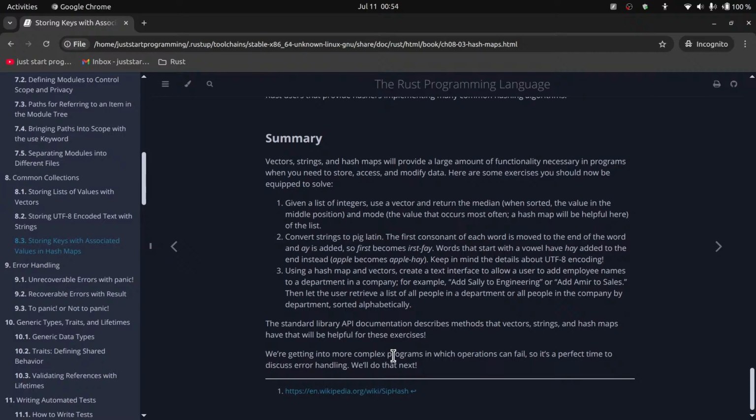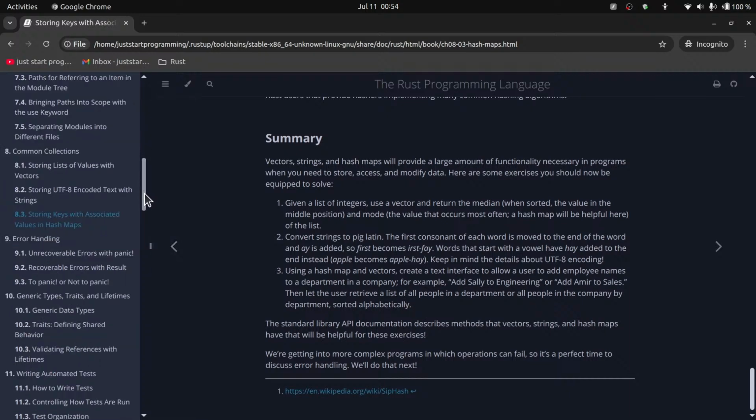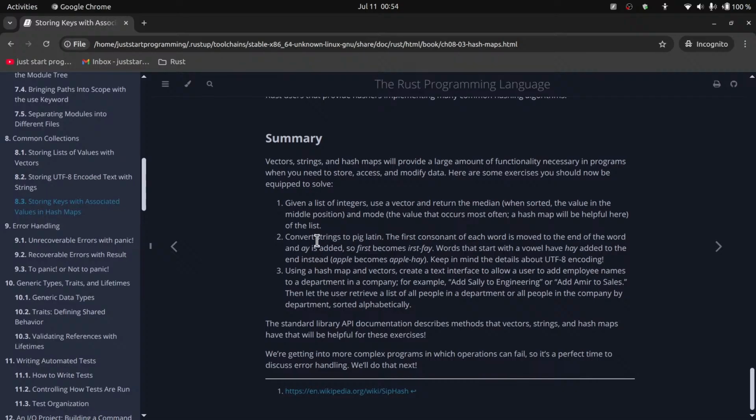We're getting into more complex programs in which operations can fail. It's a perfect time to discuss error handling. We'll do that next. All of this implementation I'll save for another day so that we can move on to other exciting topics. I think the basic understanding of how vectors, strings, and hash maps work